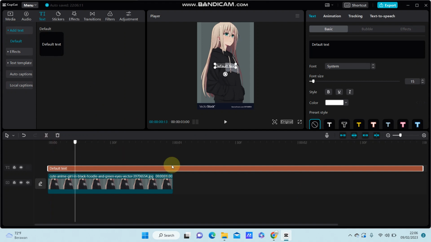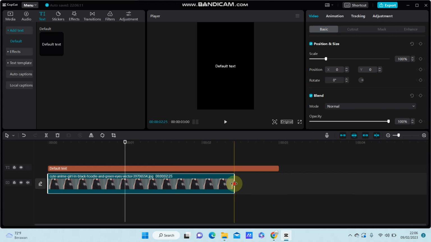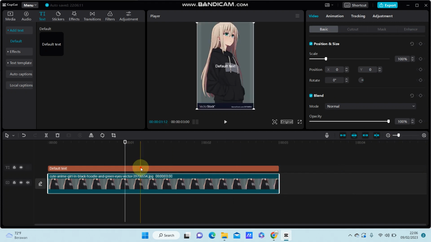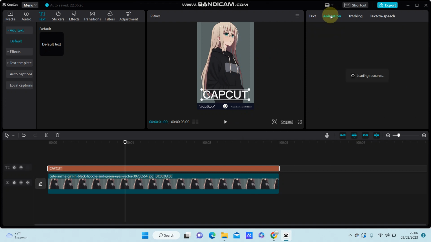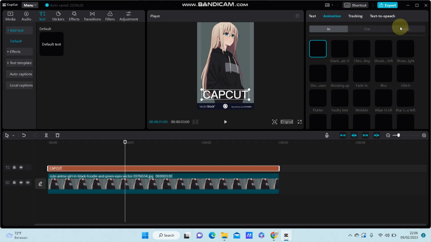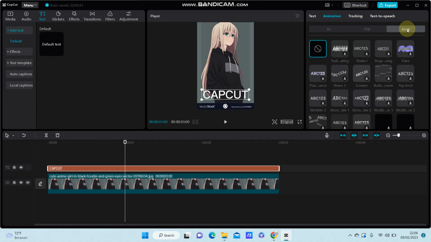Just adjust the duration. So change the text, just adjust the size and the position, and you're just going to click animation, select loop animation, and you can